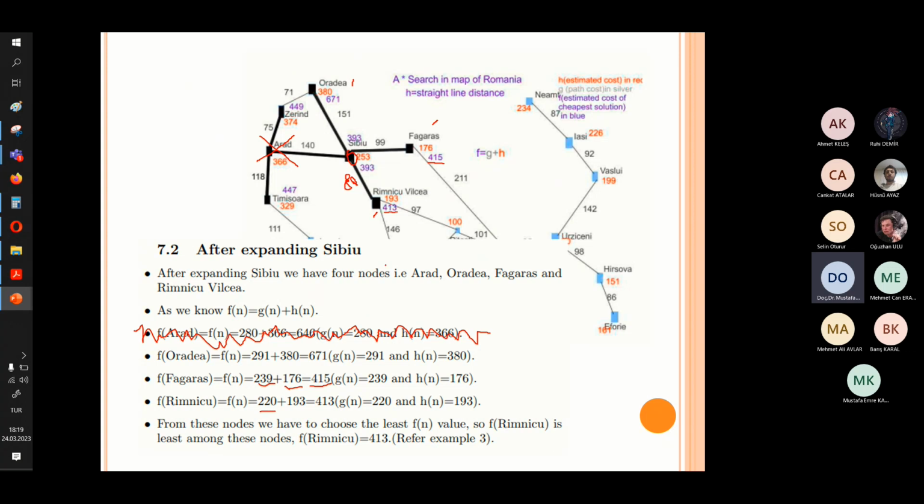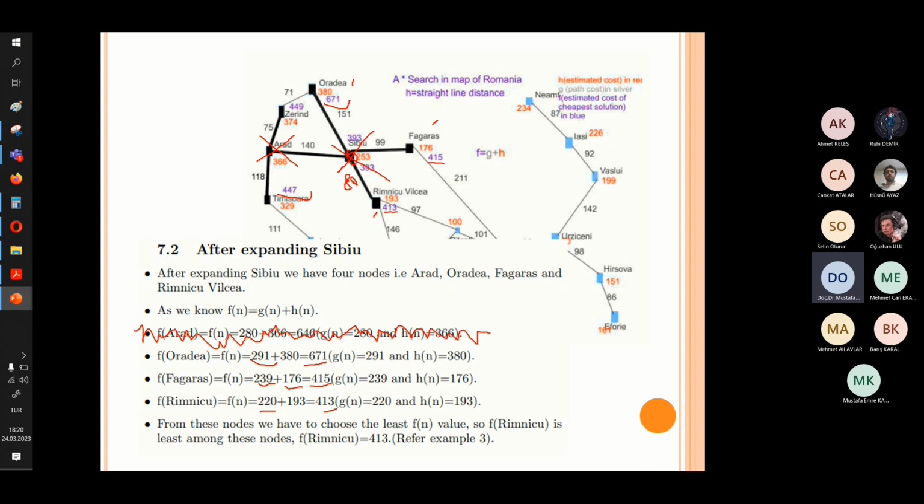It is here. 100 and the heuristic value is 193, and the total cost will be 413. How about Oradea? For Oradea, 140 plus 151, that will give us 291, plus the heuristic value 380, that will result in 671. Sibiu has already been calculated: 415, 414, 13, and